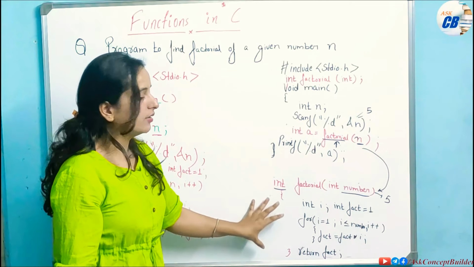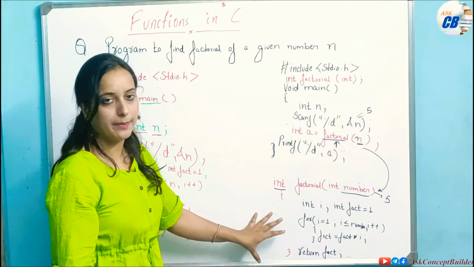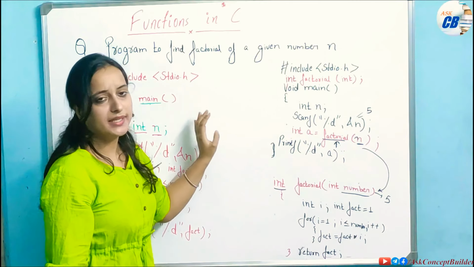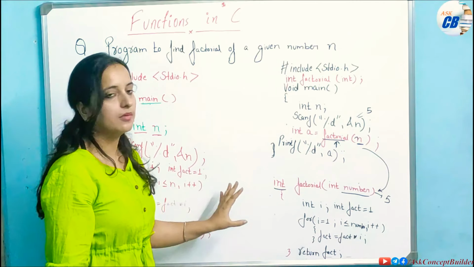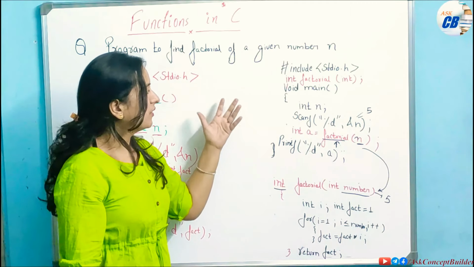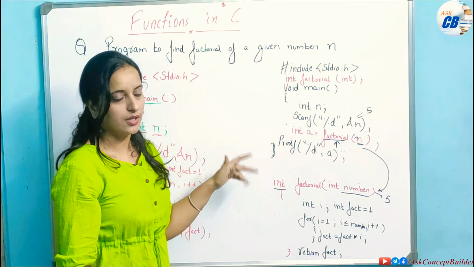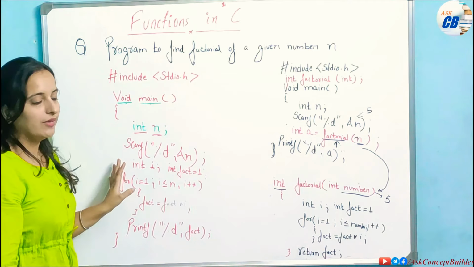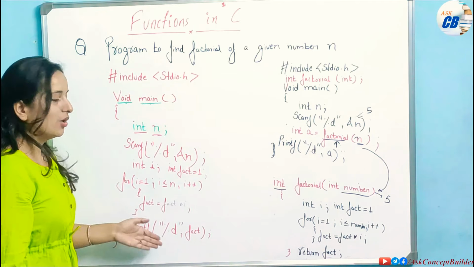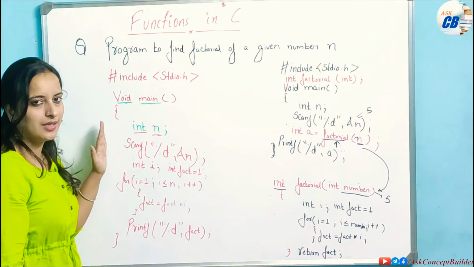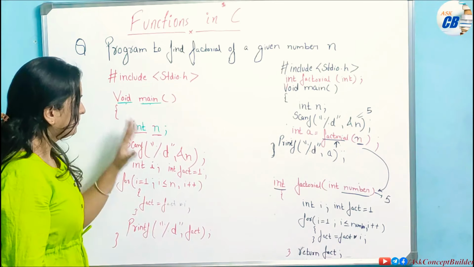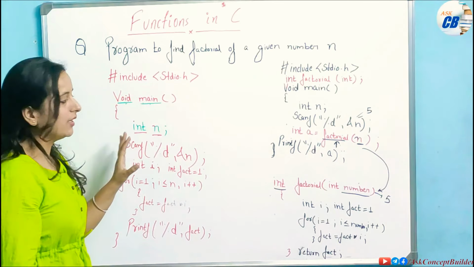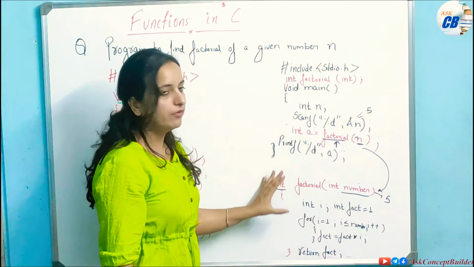All the independent things are there: a separate factorial function, a sum function, any other prime number function. You can create any number of functions here in your program. In this one we have included only this factorial. Yes, we can include others inside it too, but it will become a little messed up. Now it is very independent, and for each we have separate code.